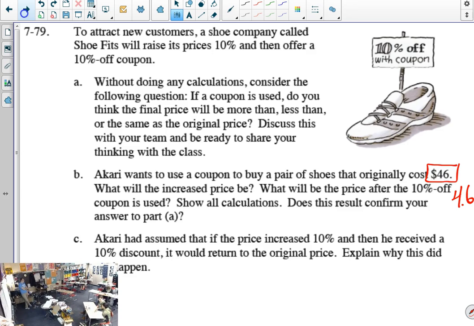However, stores are scam artists. I've worked at Sears, I've worked at Old Navy, I've worked at Macy's, I've worked all over the place. Stores are scam artists. Before they release the coupon, nobody knows that we're going to have a sale. What do they do? They raise the prices. So the store, knowing they're going to release this coupon for 10% off, says, guys, we've got to get in front of this. Raise the prices by 10%. We've got the coupon coming. So that 10% now, we actually decide to increase the price point.